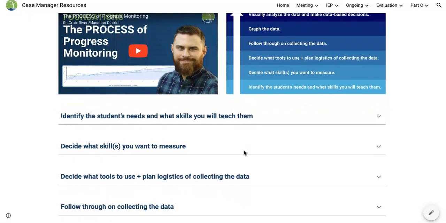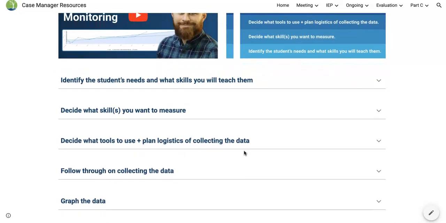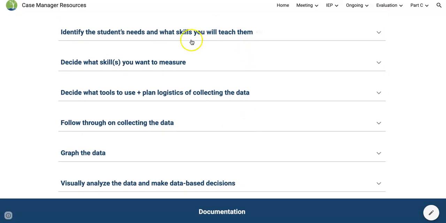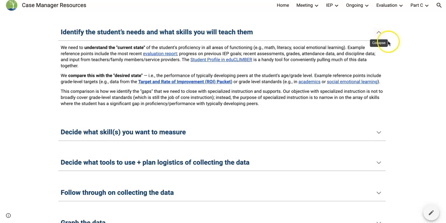So essentially, when you're writing an IEP goal, what you need to do first is figure out the student's needs and then what skills you will teach them. And so we do that in a variety of ways, but basically we have to understand where the student is currently performing. So in the IEP, we call that the present level of academic achievement and functional performance, otherwise known lovingly as the PLAF. And a lot of times we're going to get that information either from an evaluation report,